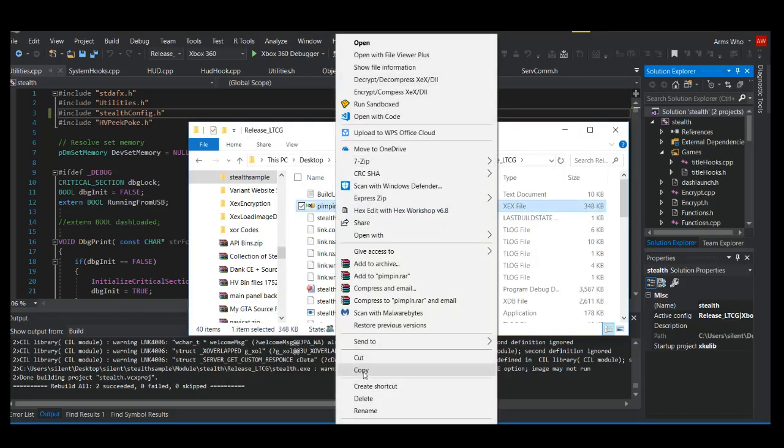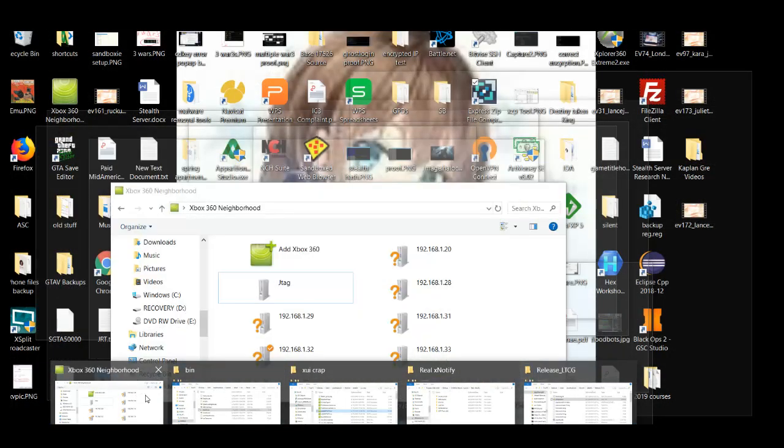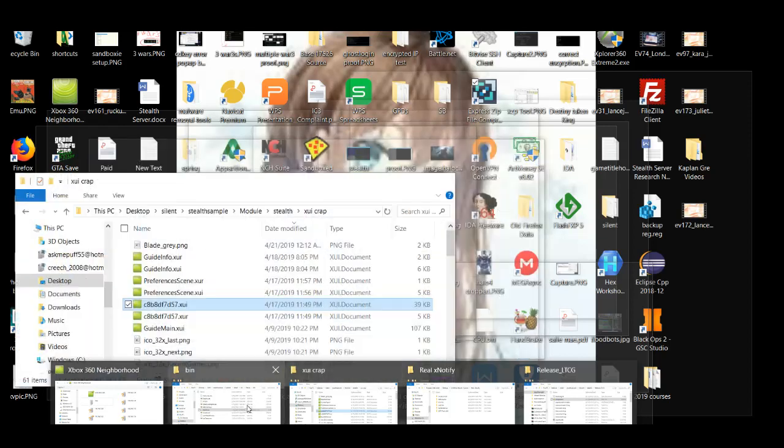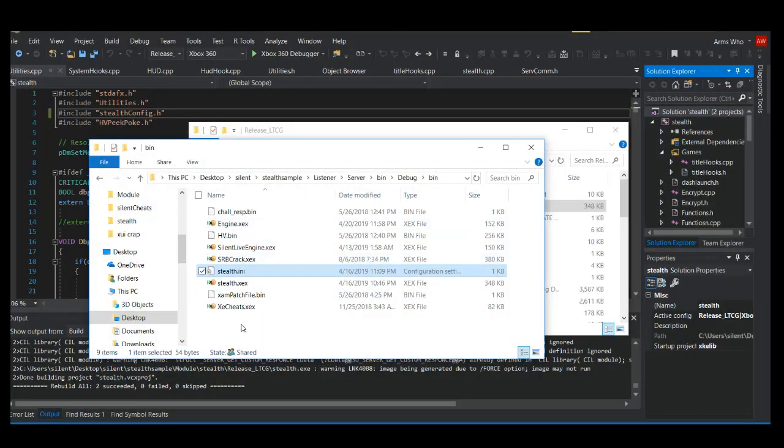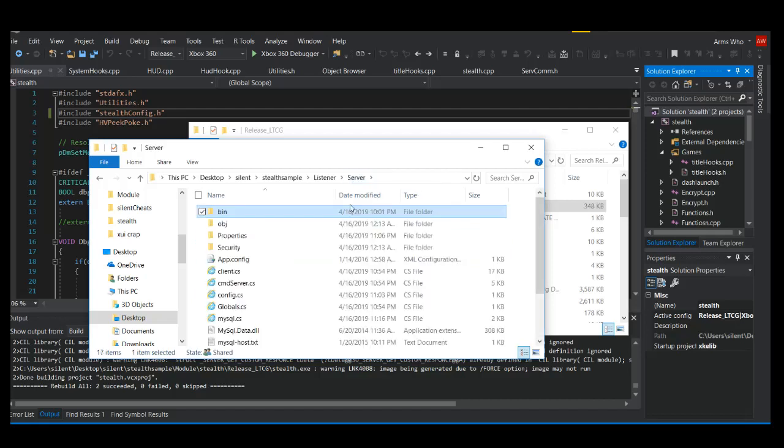Alright, I'm going to take this and put it in here. Alright, then we are going to open up